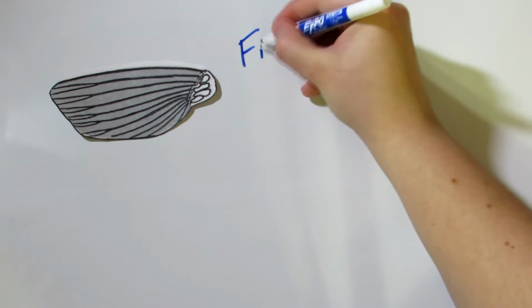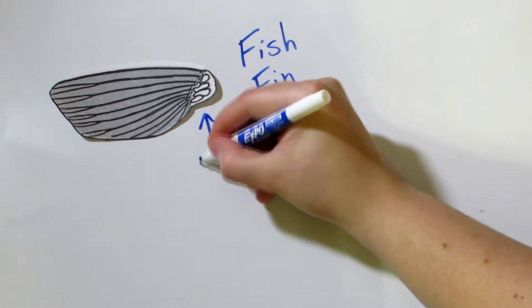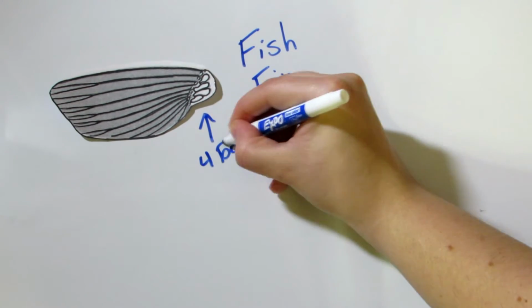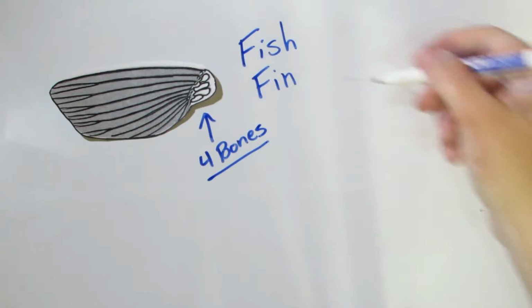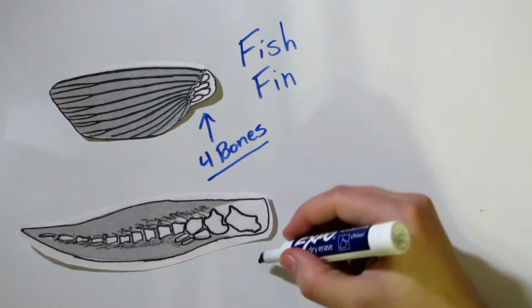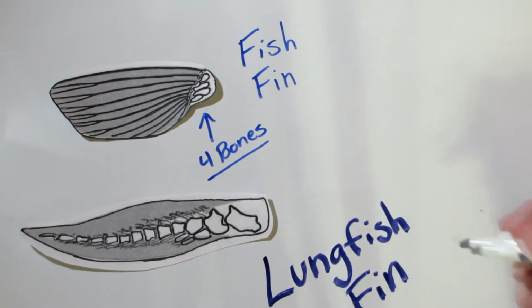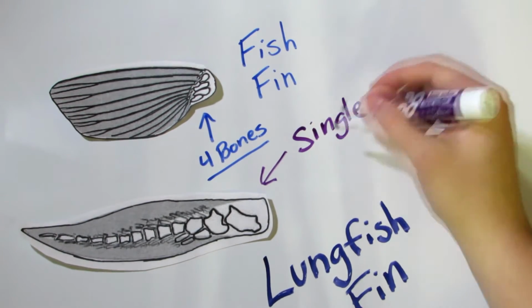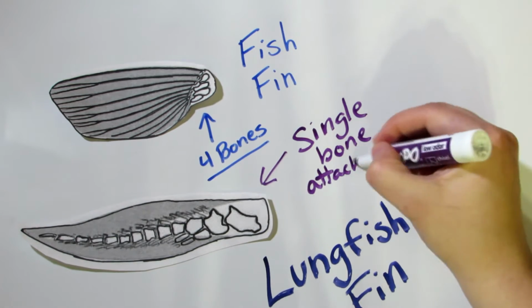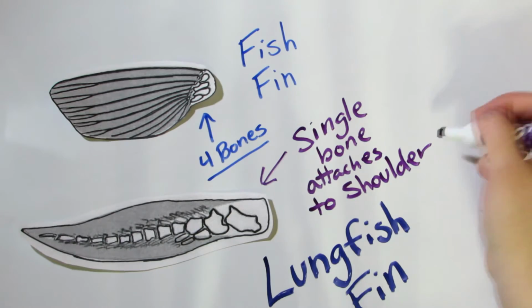So where did it all start? To find out, we have to look at the fins of fish. At first glance, fish fins don't have any obvious similarities to limbs. They are largely made up of fin webbing and don't follow Owen's bone pattern. The base of a typical fin has 4 or more bones inside. It was not until the discovery of the lungfish, who happened to have a single bone in the fin base that attached to the shoulder in the mid-1800s, that the idea of starting to look at fish for evidence of